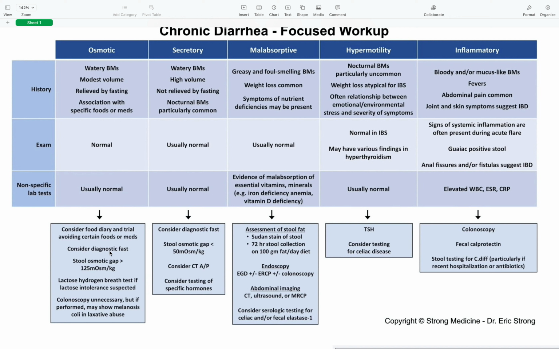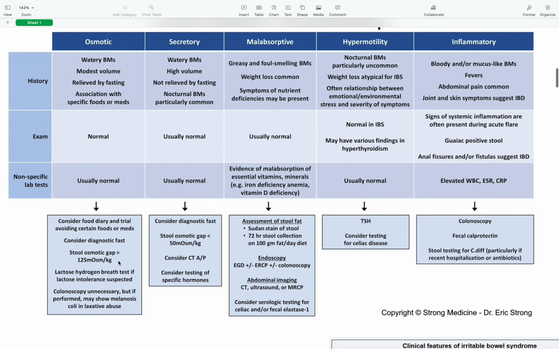All right, you ask a patient to fast, and if the patient improves, that means the patient is consuming some sort of osmotic substances, which is resulting in diarrhea. Okay, and then you may also do the stool osmotic gap, which is with the help of stool electrolytes and calculating the osmotic gap. Here, if it is more than 50, as in more than 125 milliosmoles per kg, this is indicative of osmotic diarrhea. Some of the examples, as we have said earlier, may be lactulose intolerance, or maybe lactose intolerance, or maybe